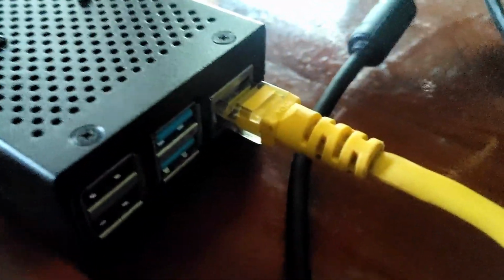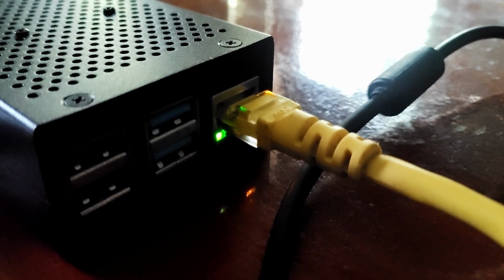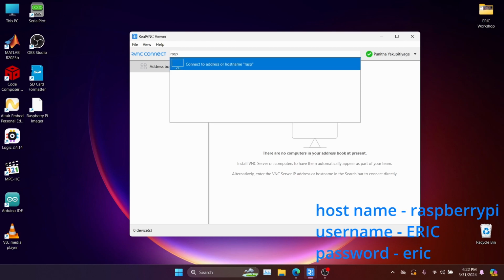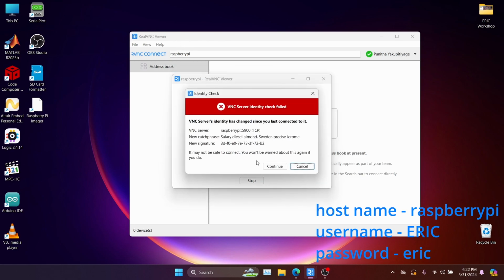What you have to do is connect the Raspberry Pi and the laptop with the Ethernet port through the Ethernet cable, and then go ahead and type here the host name that we gave it. So our host name was Raspberry Pi, and our password was Eric, and our username was also Eric. So here you have to type the host name, which is Raspberry Pi, and when you hit enter,